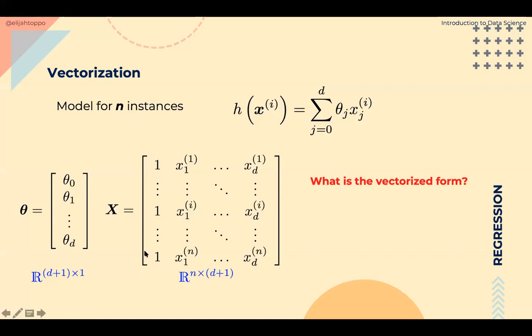Okay, so by keeping this additional column, we can put all of our data points, the entire set of our data, into one 2D matrix of n rows and d plus 1 columns. And to evaluate the hypothesis function with the theta value, we could simply multiply them together. In this case, we would do capital X times theta, and that gives us our vectorized form of evaluating the hypothesis function.